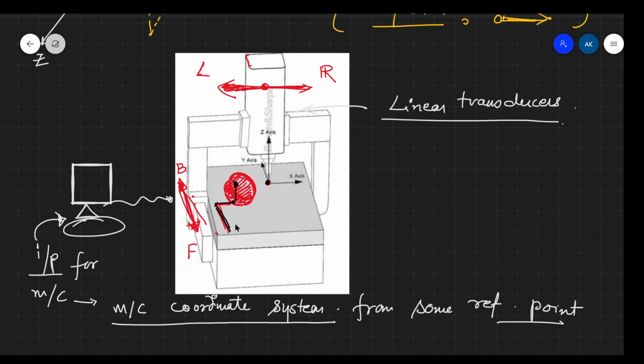That reference point can be anywhere. It can be here or it can be here, but in general it is fixed somewhere over here, and that is given by the manufacturer. Or you can manually also fix it, but you should understand that there is some fixed point from